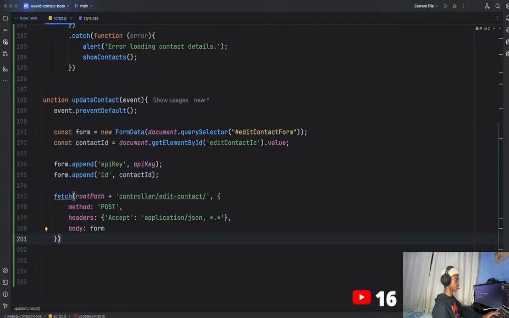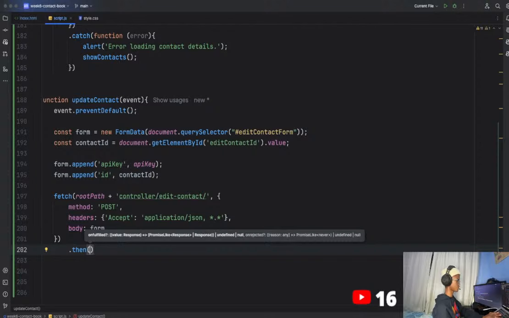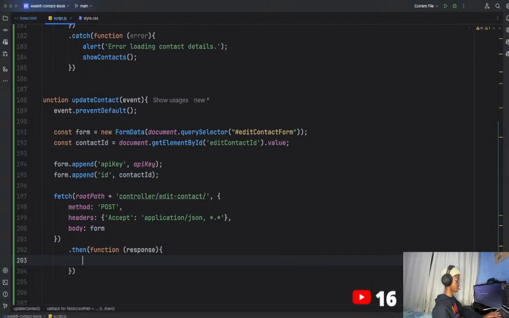Alright, now we'll do the .then. So let's now return the data, right? We want to first check was it successful. If we get a 1, then we know it was successful. So we'll have a function, and this function will be of response, and then in here we'll return response.text